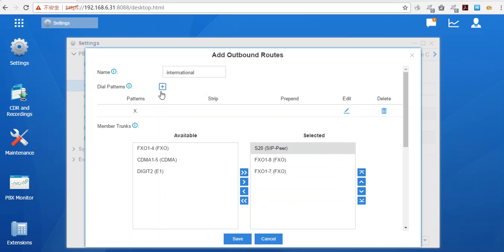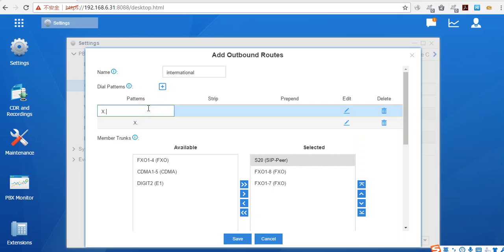Okay, so now let's talk about dial patterns. Now we're using these trunks for international phone calls, right? So what we do here is set the dial pattern. In most companies, it is required to dial a prefix before an actual number if they are making an outbound call to the public network, and this is actually necessary because in any PBX system, the first priority is internal phone calls. That is to say, if you dial a number that